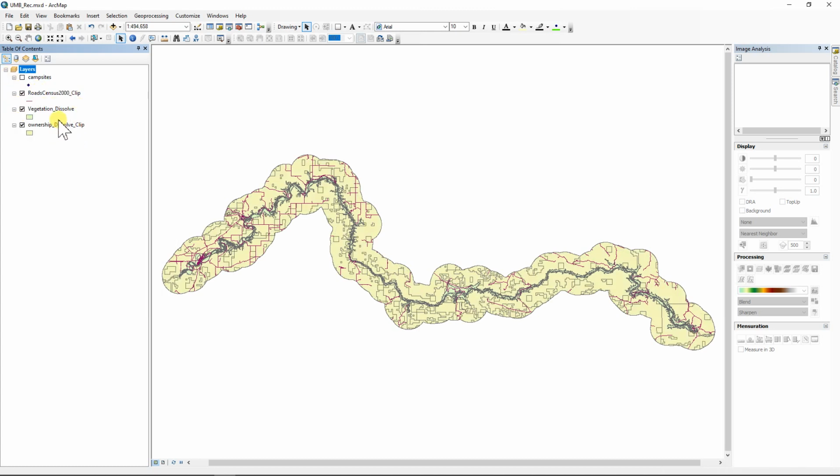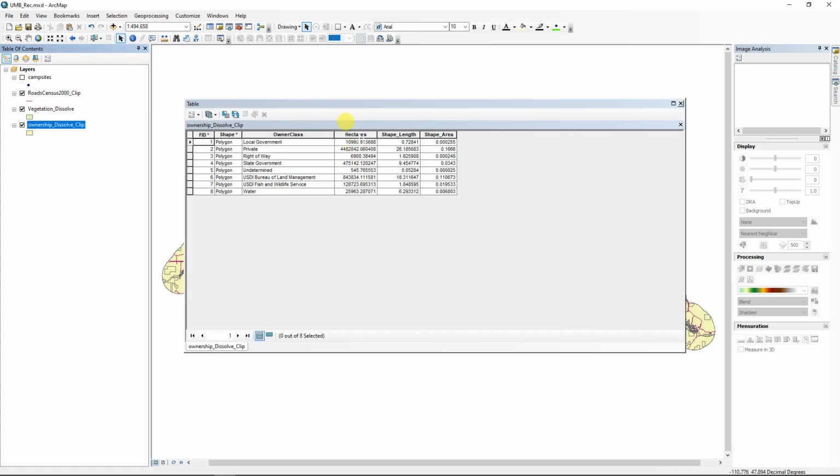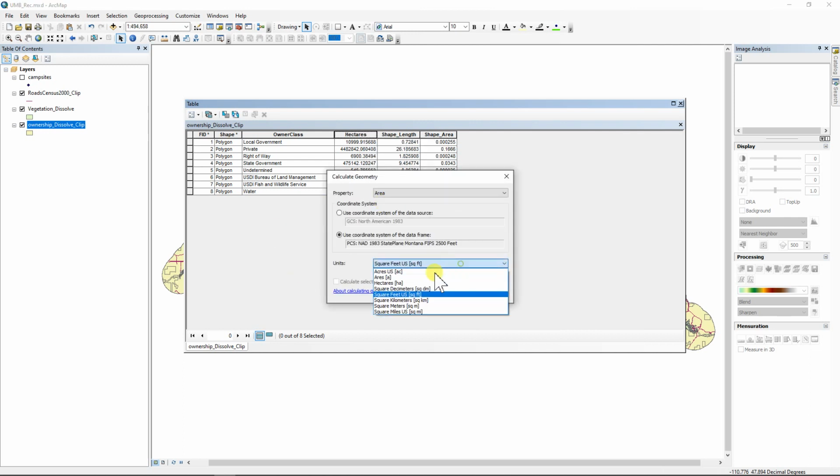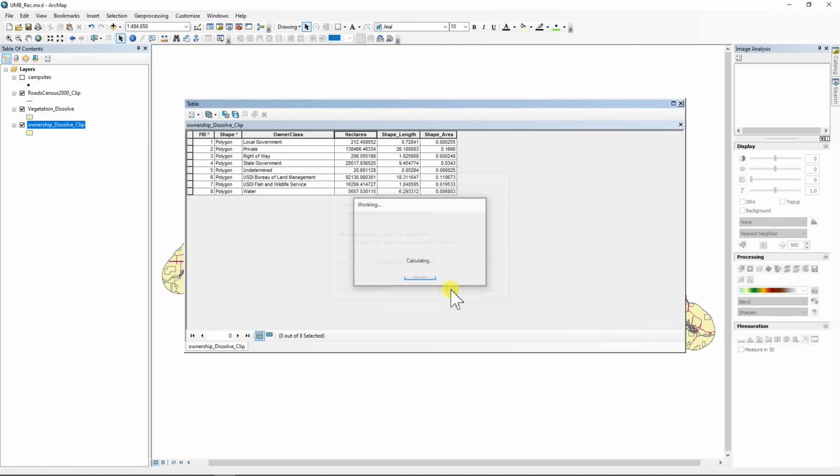Cool. Let's take a look at the ownership dissolve clip, and we're going to have to recalculate the hectares just to make sure they're correct. Calculate the geometry, go to hectares, say OK. Cool. All right, and so this is the answer to number 7 in the lab, and that's going to be